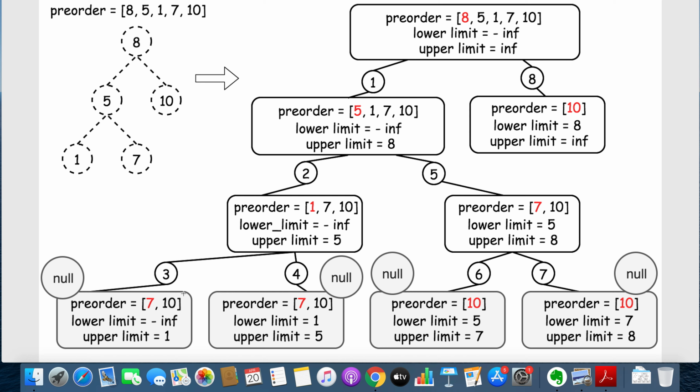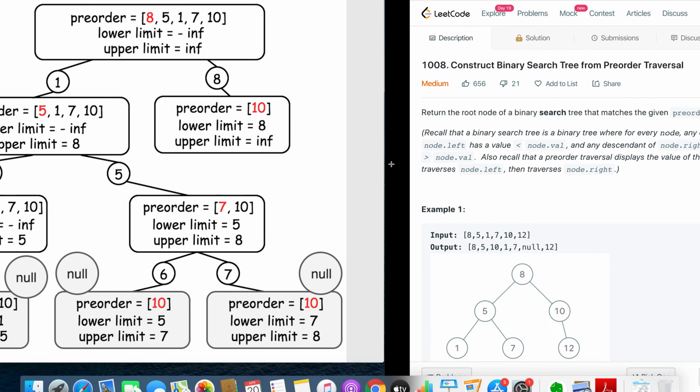As these two calls finish, we will reach over here and over here. What's going to happen is, as you can see, currently the node is pointing to 7 only, and as we have called for the right part of this, we know all the values are going to be greater than the current value, that is 5. So we can change the lower limit to 5 and upper limit to 8. As you can see, 7 lies over here, so we'll create a node over here and so on. So let me just write the code for it and things will be more clear then.